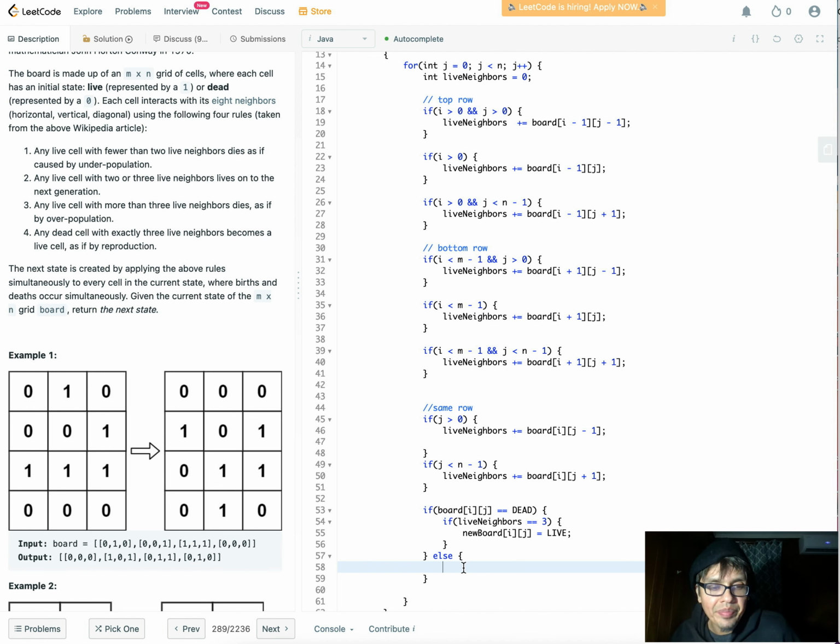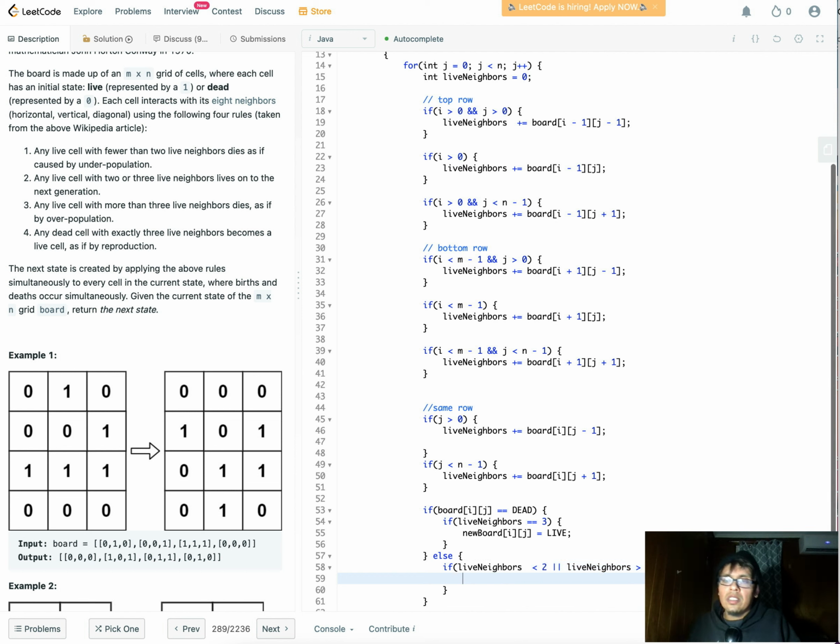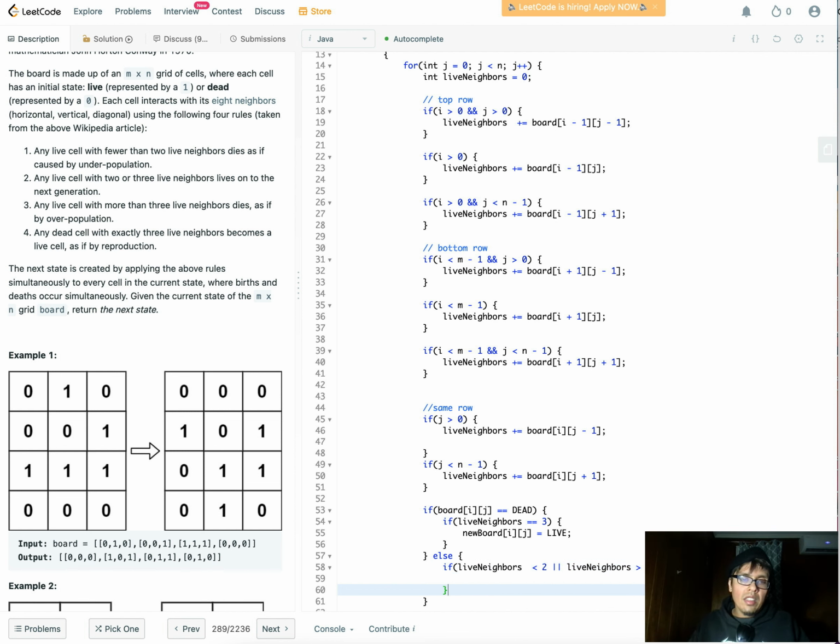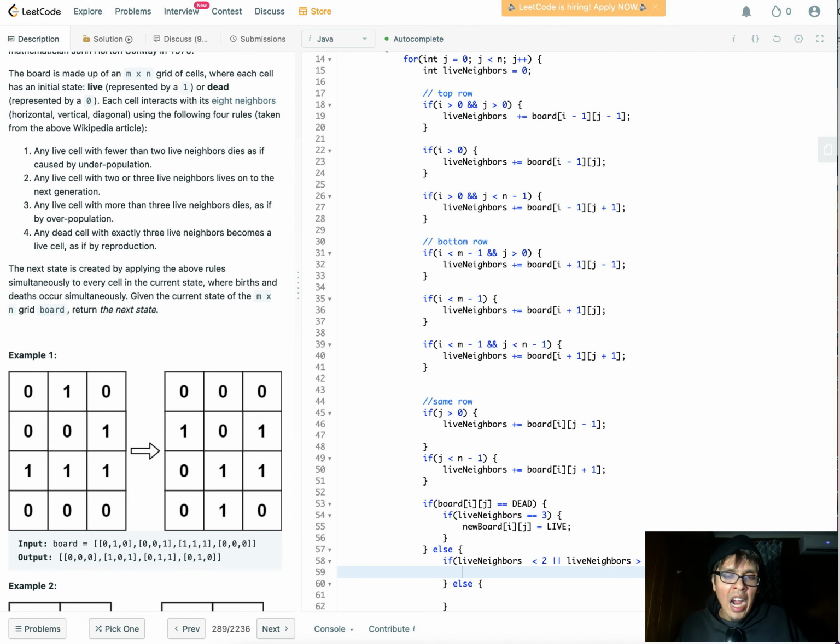And think about that, if by reproduction it becomes a live cell and other neighbors don't die, then there's going to be a crowding situation where someone's going to die, right? Anyway, next condition, neighbor is greater than 3, so new board i j equals dead, otherwise new board